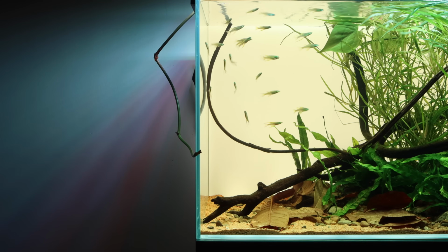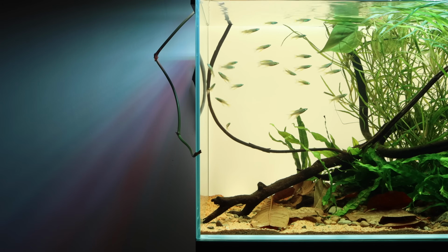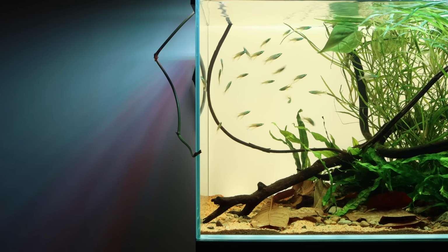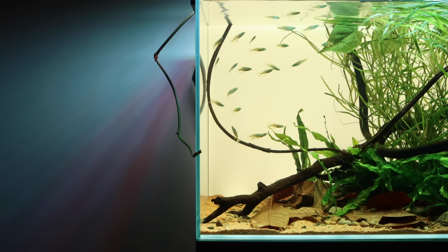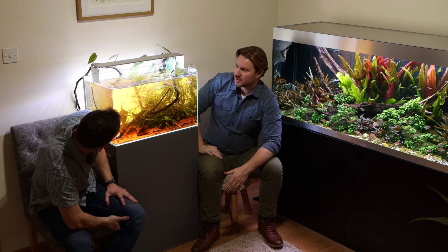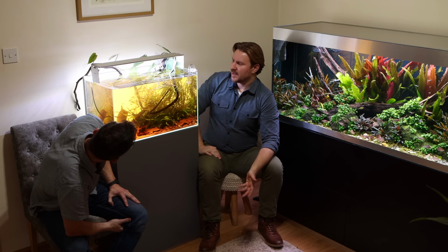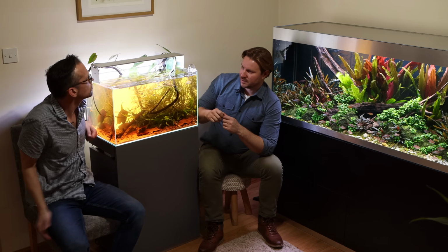Is there any likelihood that they'll jump? I think some viewers will be worried that they're going to jump. So they can jump. Okay. They're one of those fish that annoyingly does sometimes jump. I've found that keeping the water level slightly lower and also ensuring that there's plants and cover above reduces that risk. One handy little thing you can do is cut some rigid, clear